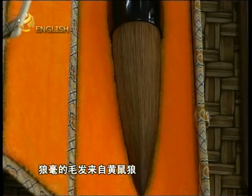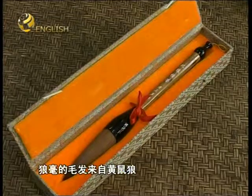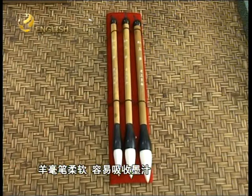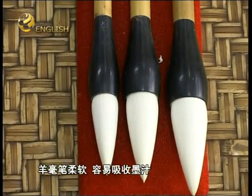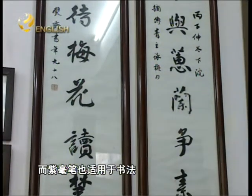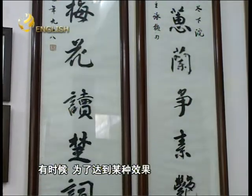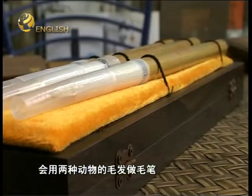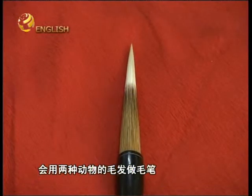Writing brushes are classified by the type of hair used: goat hair, wolf hair, and purple hair. Wolf hair brushes are actually made from weasel hair, and purple hair brushes made from rabbit hair. Goat hair brushes are soft, flexible, and absorbent. Purple hair brushes produce bold lines and are best suited for calligraphy. Sometimes, to achieve a balance between steely and feathery lines, a brush that combines hair from 2 different types